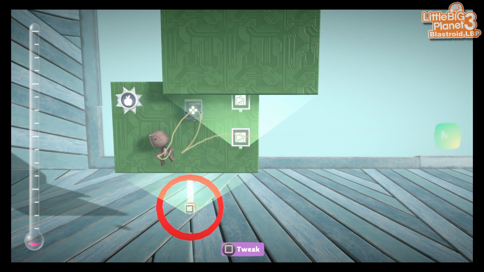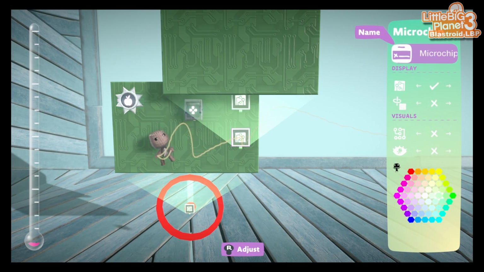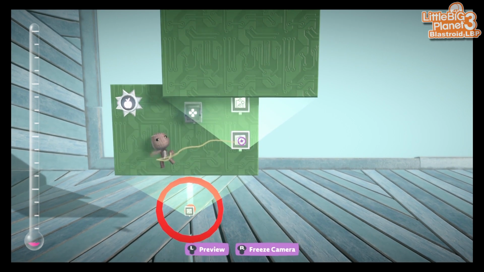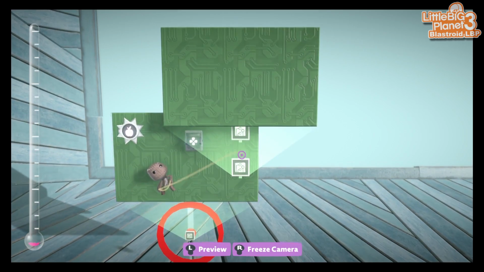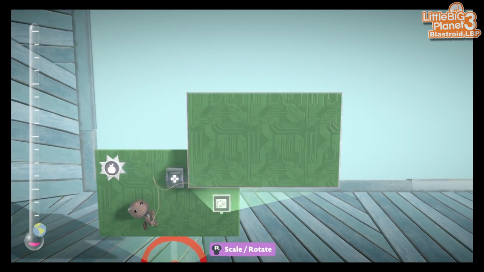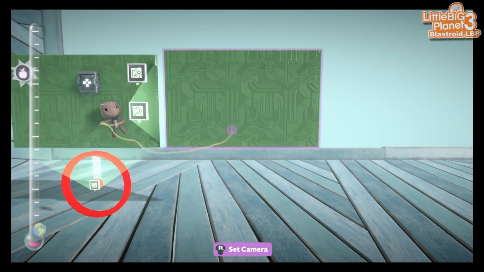And just to let you know, if you're really OCD about this, you can rename your microchips. That way when you mouse over them, it'll tell you what that chip is. So if you have a lot of chips in one area, it probably is a better idea to do that. Alright. So on this chip,